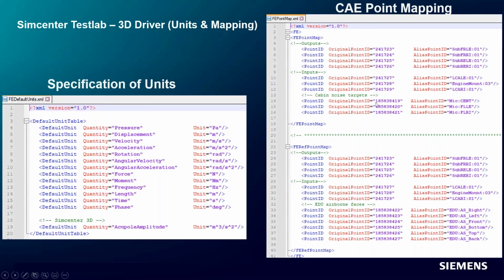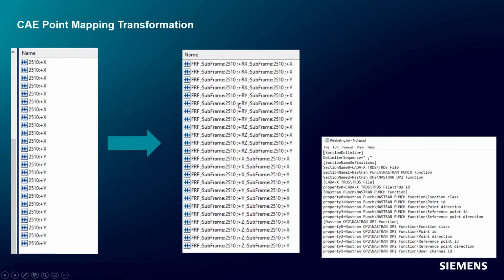And when you see this number here, treat it as microphone at center, or this number will be microphone at front left. So we can specify this mapping file. When we browse to the data in TestLab, it will see this, and based on that, it will transform it to something like this. So if it had 2510, it actually changed it to subframe 2510 based on the point mapping that we had included.